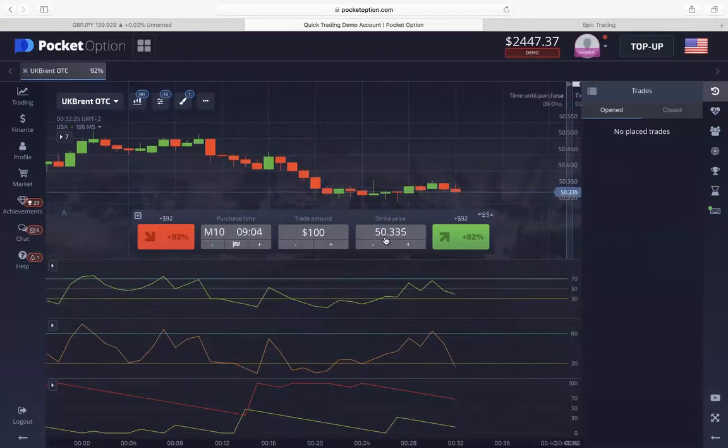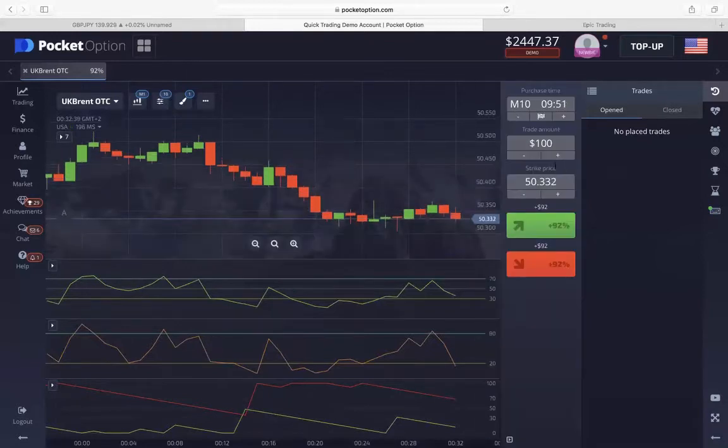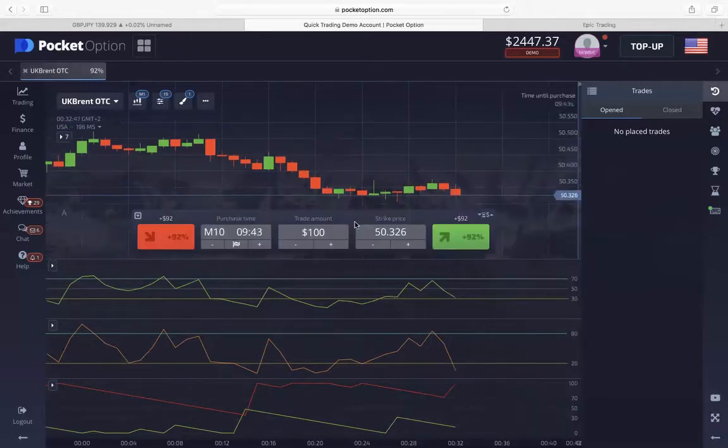Mess around with it. This is your strike price. So I have my strike price turned on. I don't know, did they update it? They used to have a little tab here where you could choose to turn it on or turn it off, but I don't see that right now, even though it was there yesterday. So they might have updated that, but the strike price